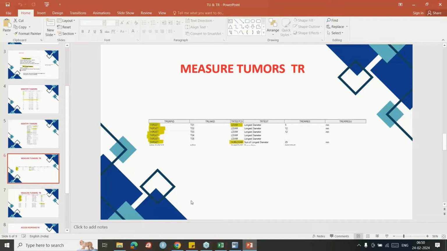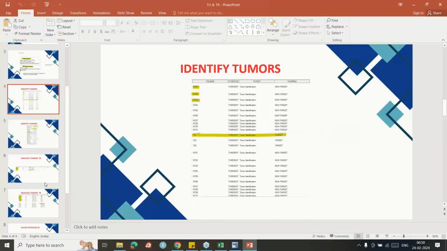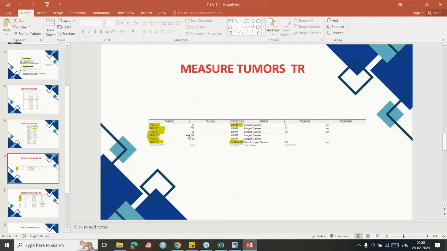So here also you can see which one is targeted and non-targeted there in the TU domain, right? That related, so same TR link ID. So there is a TU link ID, right? Same TR link ID, same tumor, whether it is targeted or non-targeted. For targeted, we get two types of parameters. One is longest diameter, one is sum of the longest diameter. Each and every targeted tumor, we are measuring, that measurement was captured in the